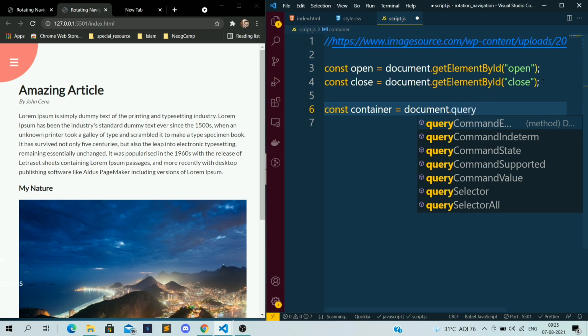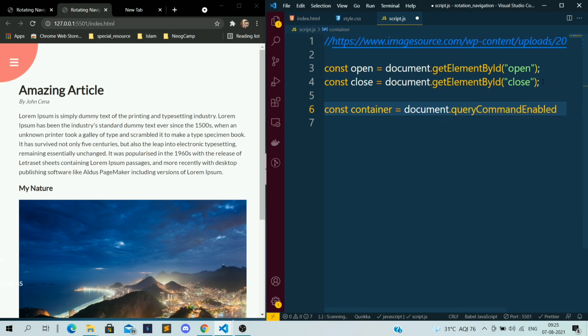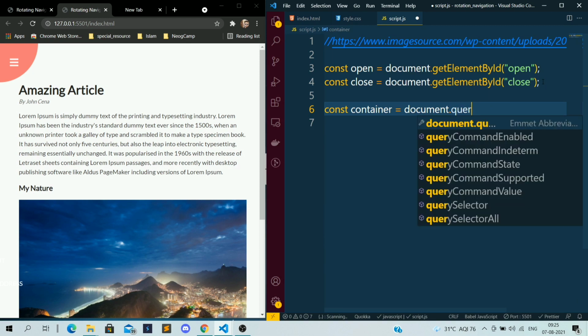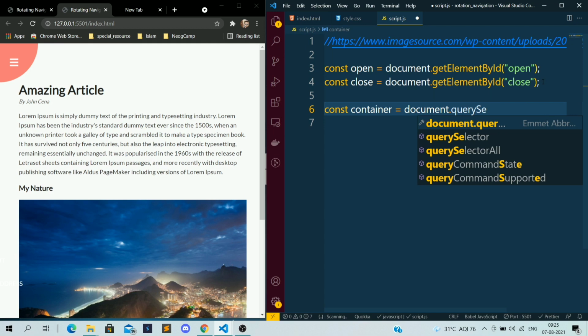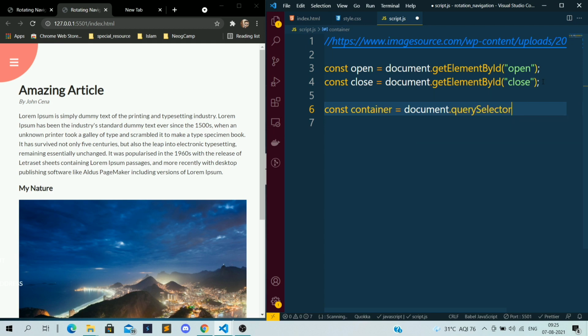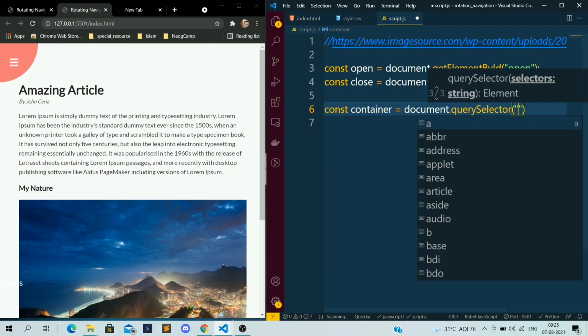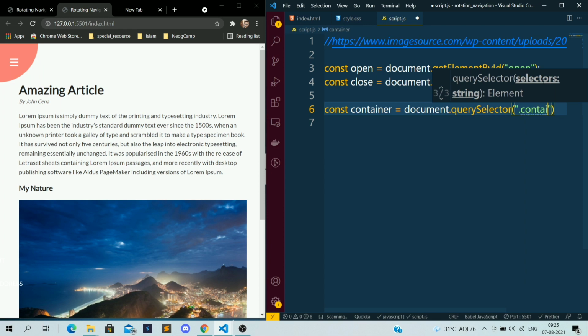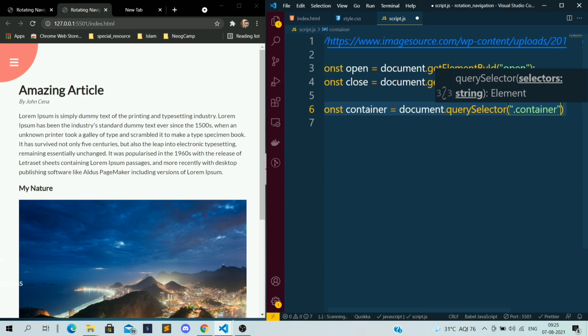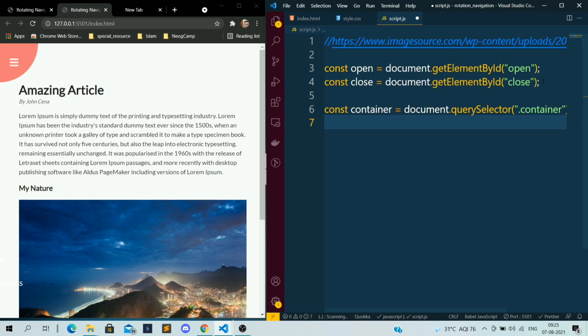So query selector, we have this query selector. I want this container class. Why? Because I want to add the show nav class to this div only.